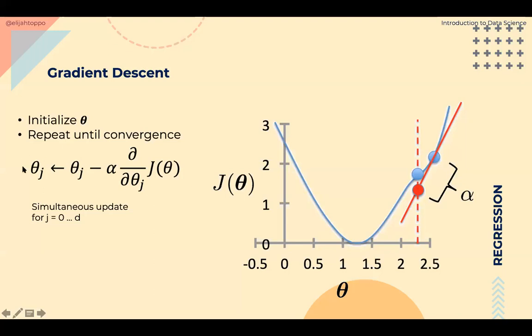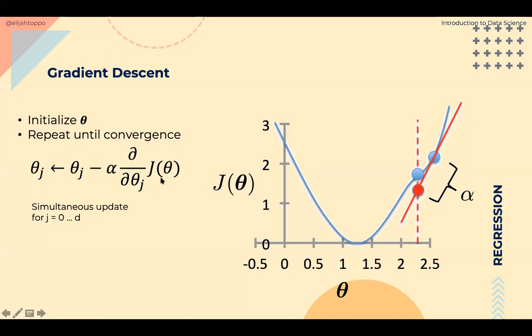So we say that the new value of theta j, that is the updated value of theta j, is equal to the old value of theta j minus. The minus is important because we are going in a direction which is reducing J of theta. Minus alpha times this direction, so alpha gives us a step. So that is our equation. I will explain what alpha is.